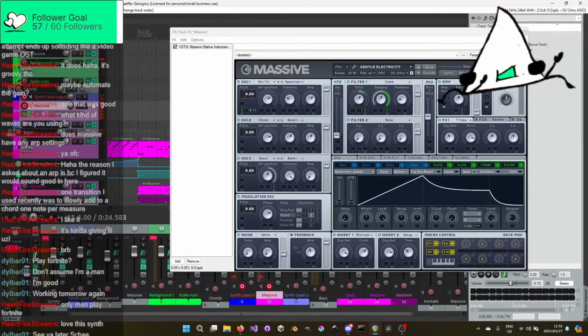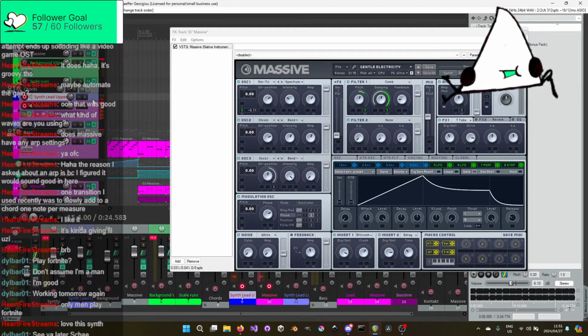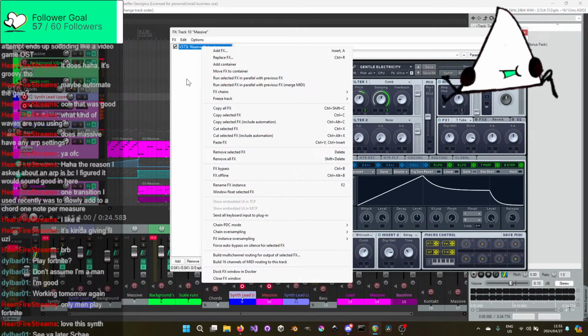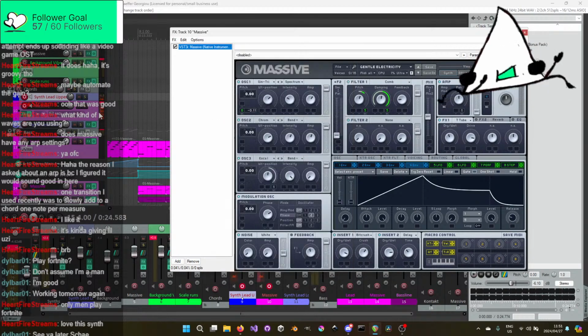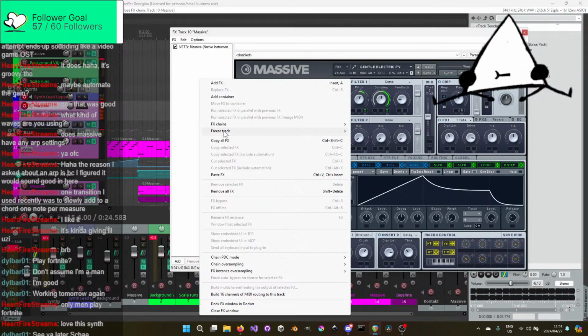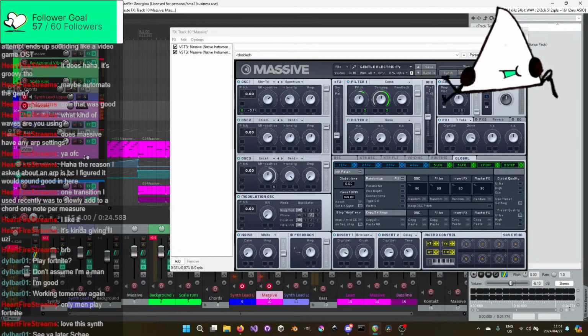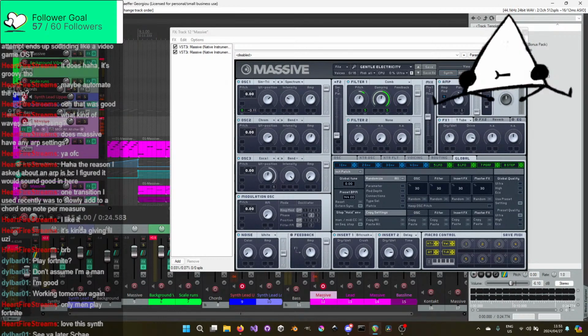I'm going to put this here. And then I'm going to pair these up, group these tracks. How do I put you together? Oh, you know what I do? I take this and I copy this one. Copy effects. Copy selected effects. Take it to here where I've been doing this stuff, and we paste the effects. Then we can move it back. We don't have to have that one selected, and now we can have both.